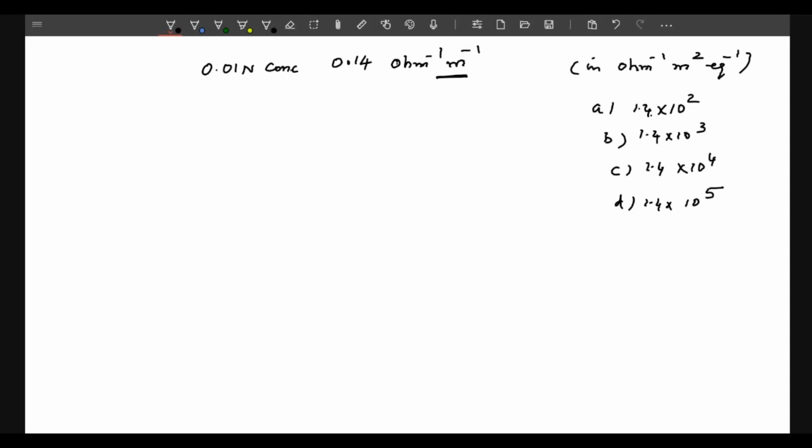As usual, first write down the problem data. Specific conductance kappa is given. Concentration 0.1 normal is given. What is asked? Equivalent conductance is asked. What is the relationship between kappa, concentration, and the equivalent conductance? Lambda equivalent is equal to kappa multiplied by 1000 divided by